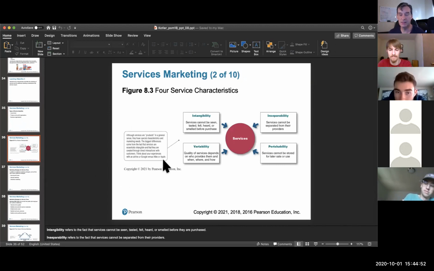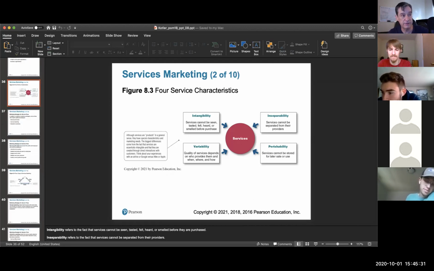What is a service? A service is something you are selling which is intangible, is going to have a lot of variation. It will depend who's serving you. It is inseparable. It cannot be separated from whoever is giving you the service, and it is perishable. You consume it, it goes away. It's not like a product. A product can last for a long while. It's desired to be a long-lasting thing.